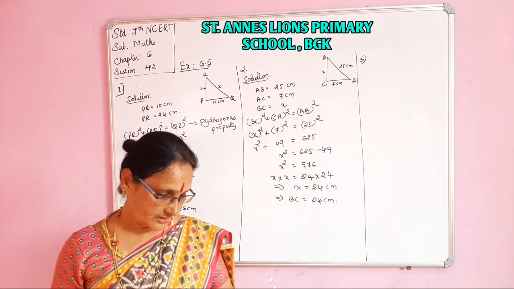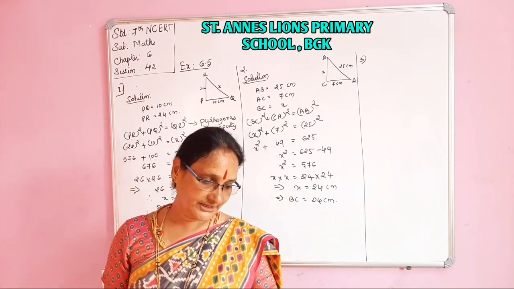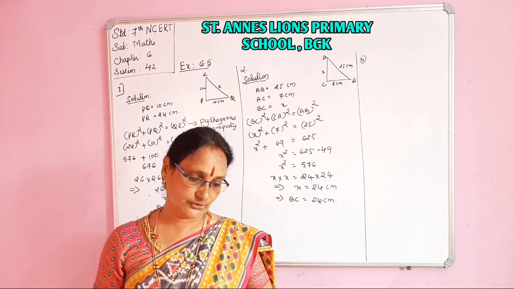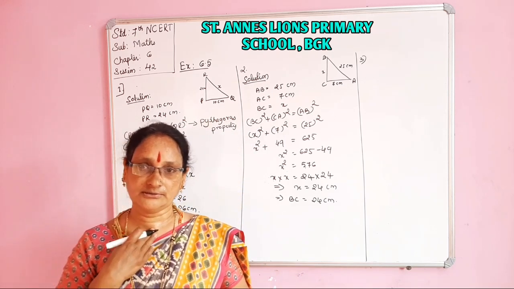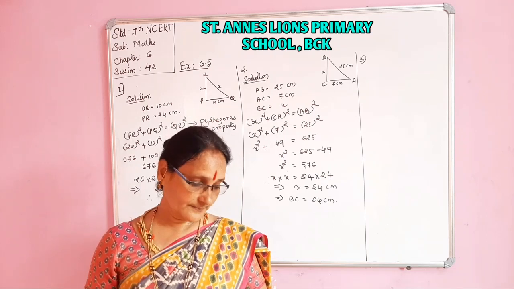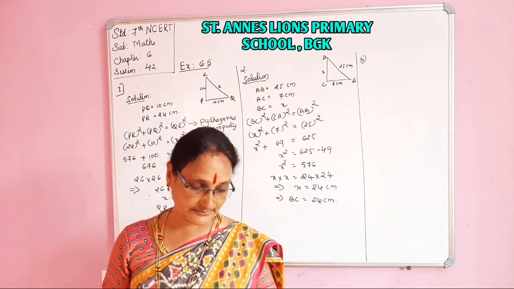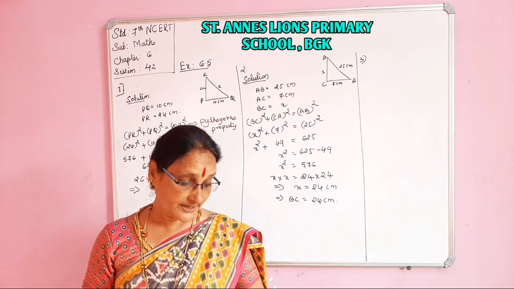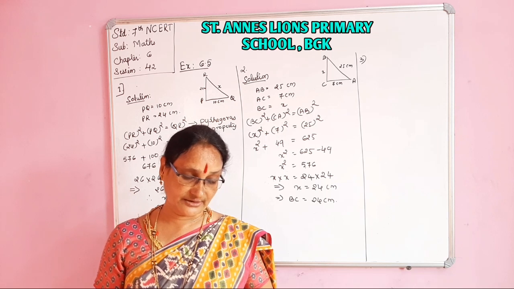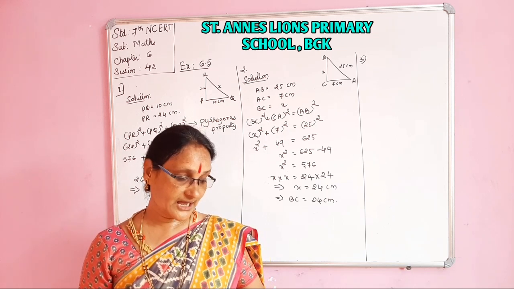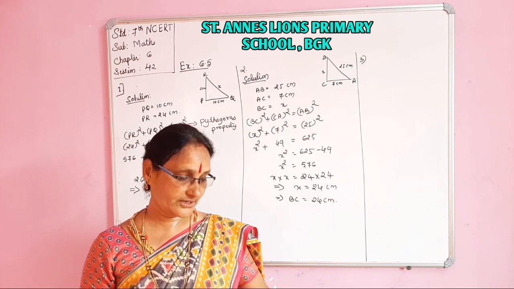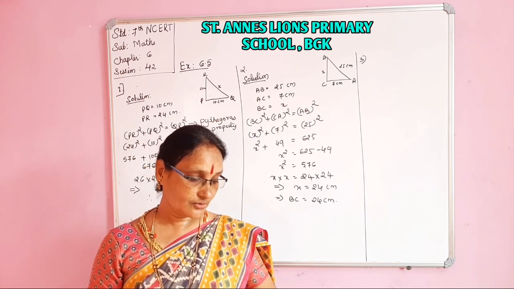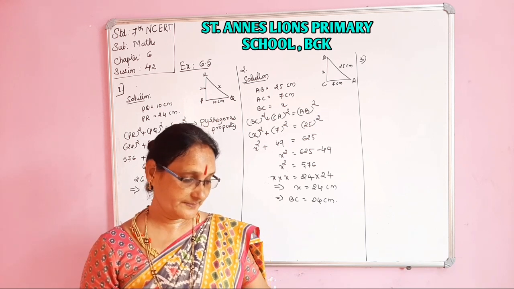Now the third one, we'll see the question. A 15-meter long ladder reached a window. See there, a figure is given. The problem you have to see from the textbook. Since it is very big, I cannot write it here on the board. I am directly giving the solution. See the question from your textbook. A 15-meter long ladder reached a window 12-meter high from the ground. On placing it against a wall at a distance A, find the distance of the foot of the ladder from the wall.